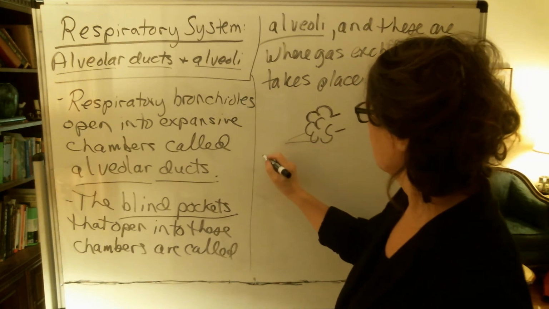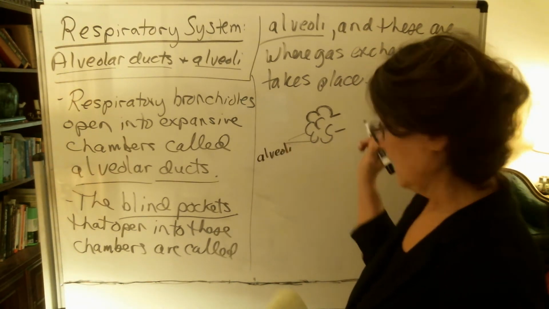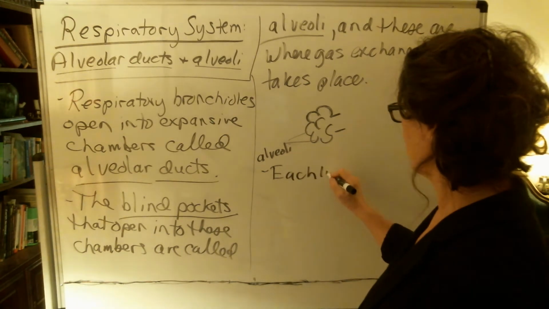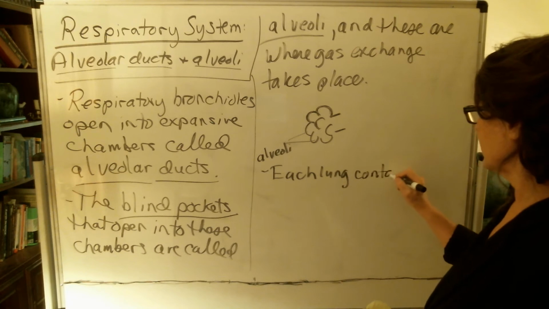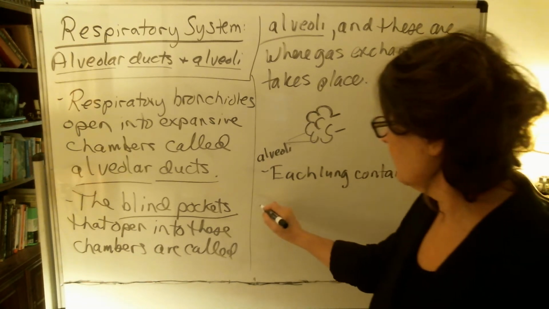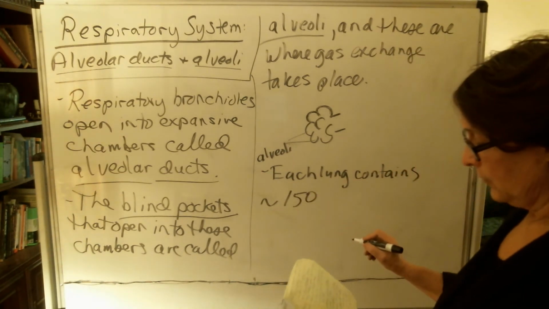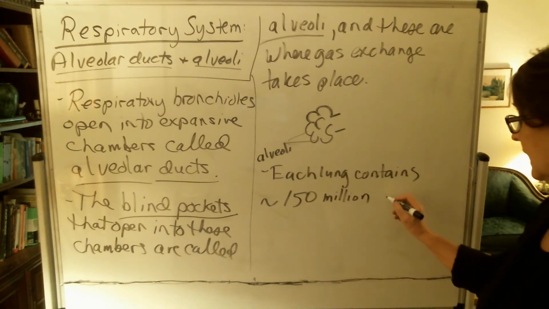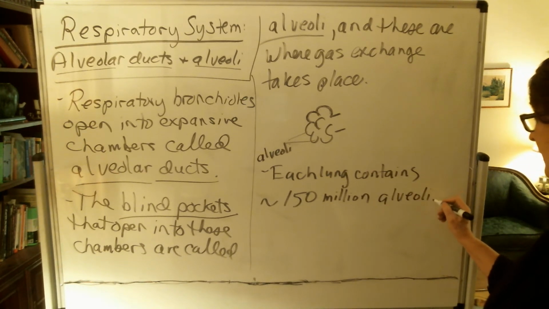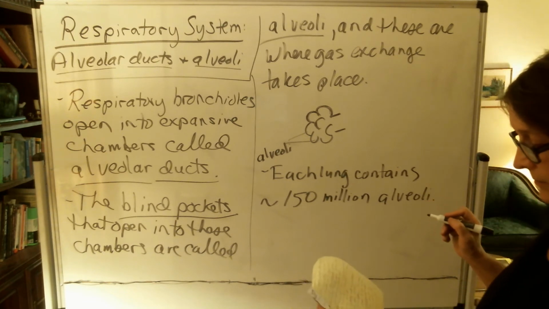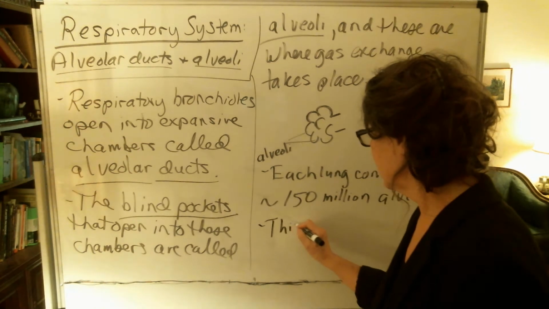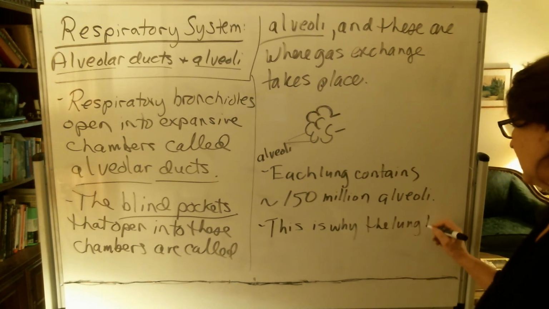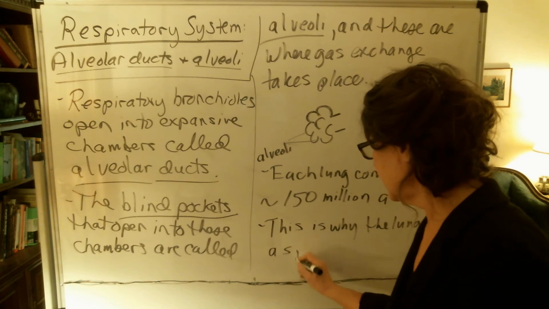So here then we have the alveoli. So each lung contains approximately 150 million alveoli, sometimes known as alveolar sacs. And this is why the lung has a spongy